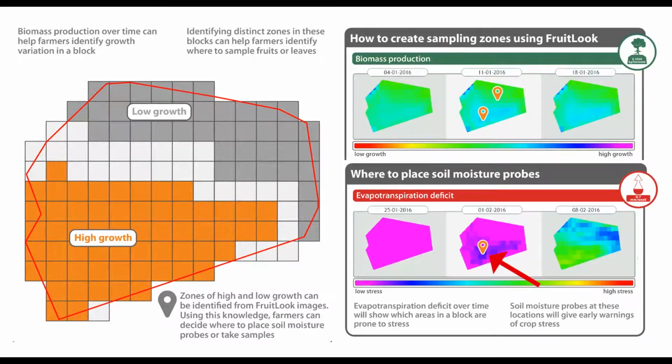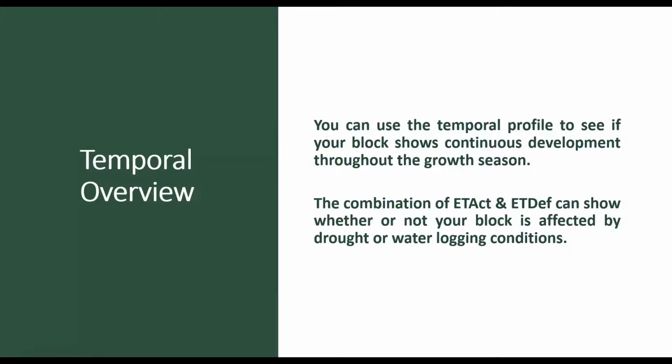block gets affected. You can use the temporal profile to see if your block shows continuous development throughout the growth season. The combination of actual evapotranspiration and evapotranspiration deficit can show whether or not your block is affected by drought or water logging. For example, a drop in actual evapotranspiration with no increase in ET deficit is most likely caused